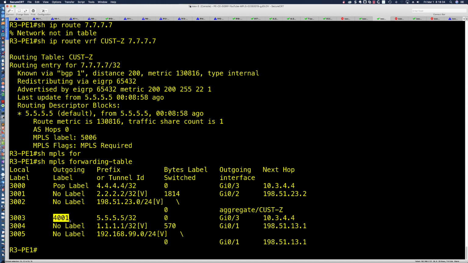However, if I'm going to 5555, I need to impose or push label 4001 onto the label stack. Because now we have a stack of labels. We've got 5006 and we've got 4001, right? So let's do another command here. So let's say show BGP VPNv4